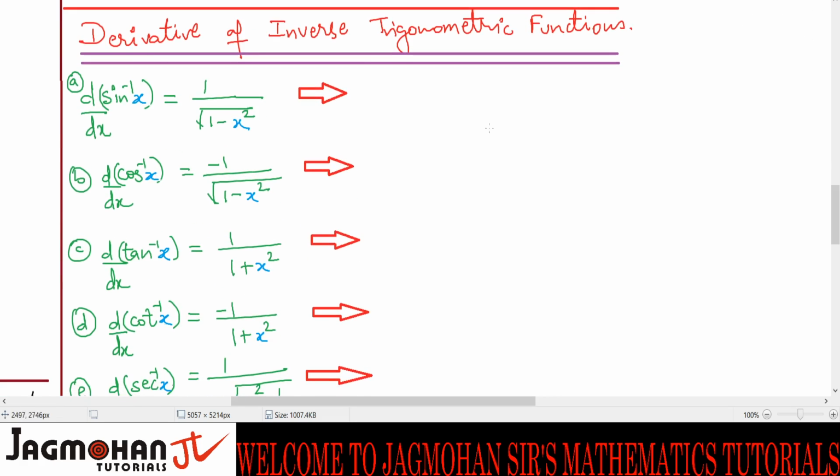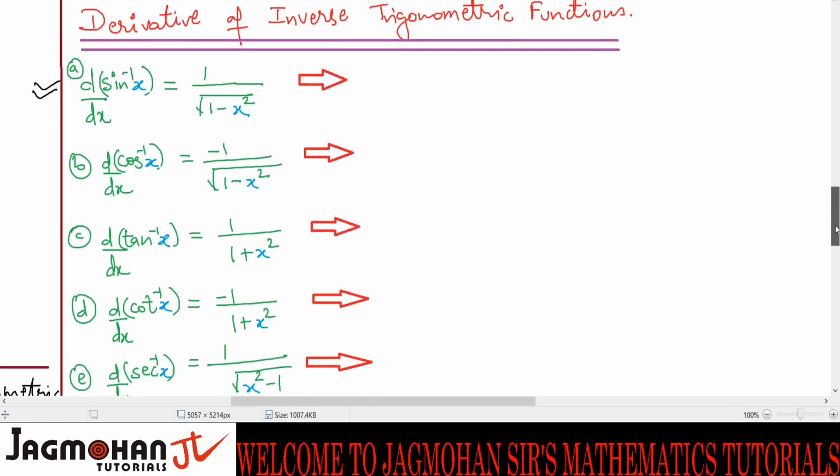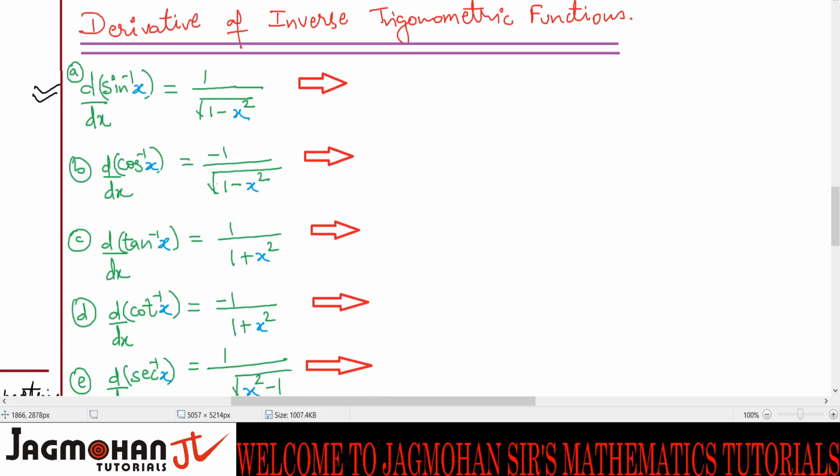Now we come to the main part. I know if I write sine inverse of x, an inverse trigonometric function, you know what I'm trying to say. So we will come to d by dx. This is what we were waiting for. We have reached our goal. D by dx of sine inverse x is 1 upon root of 1 minus x square. D by dx of cos inverse x is minus 1 upon root of 1 minus x square. How these are coming, we will see later. This is all theory part. We are not doing it now.